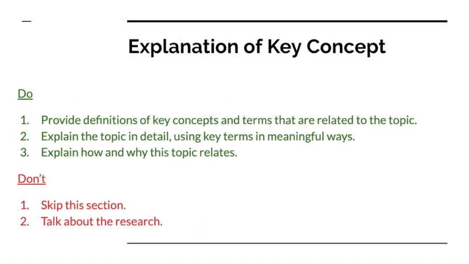The next aspect is going to be a paragraph where you are explaining the key concept. One of the big elements that you're trying to do here is provide basic definitions of the key concepts and terms that relate to your topic. You also want to explain the topic in detail, basically stating how it actually works to shape behavior, giving us background information about the topic that you're writing on, whether it's going to be on genetics or social cognitive theory,